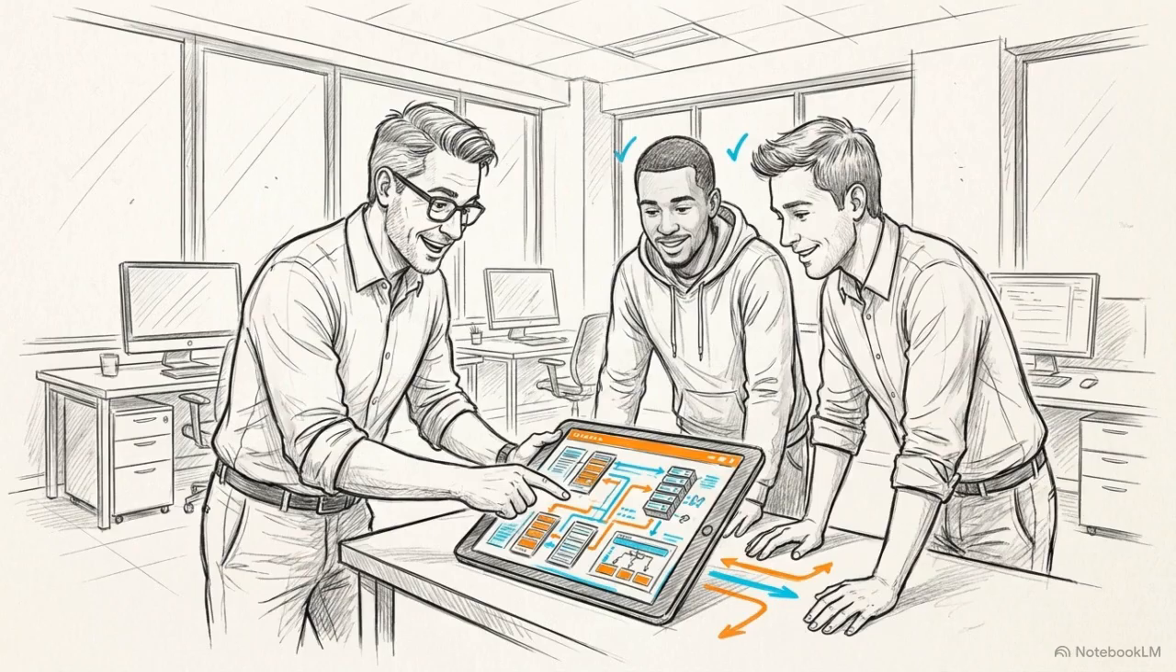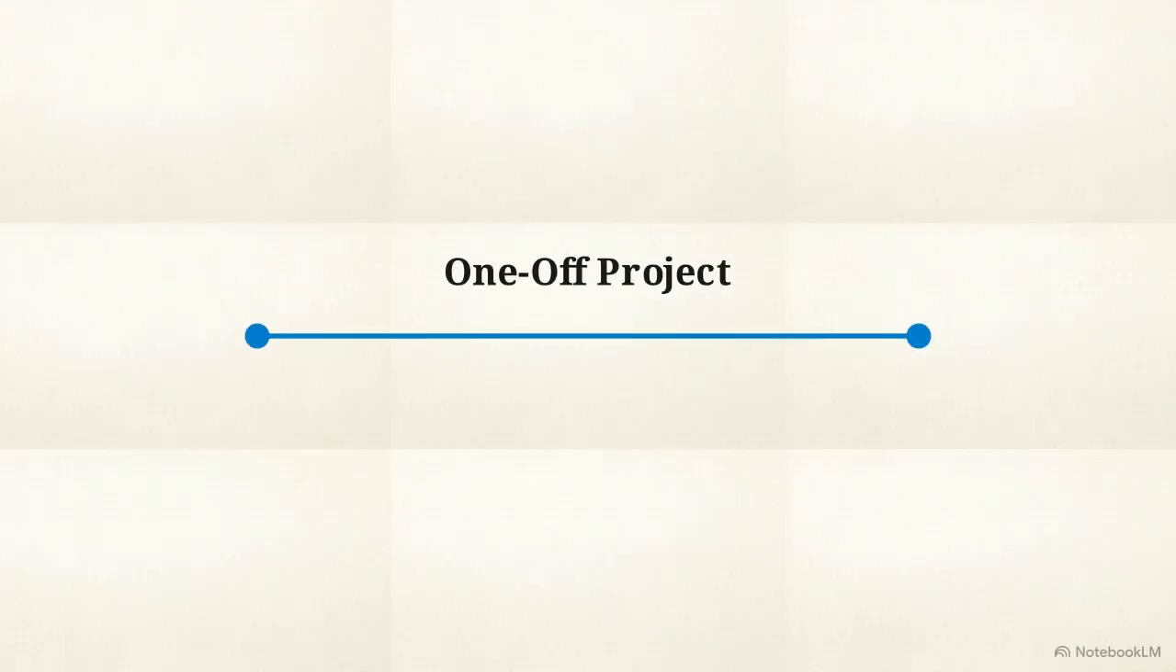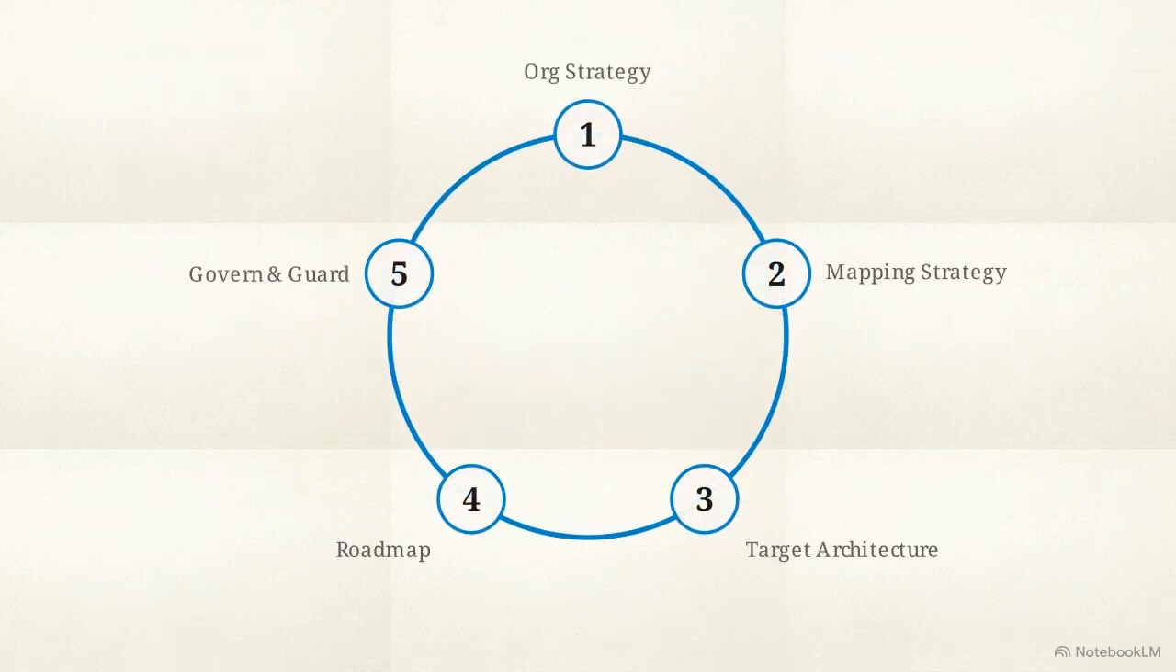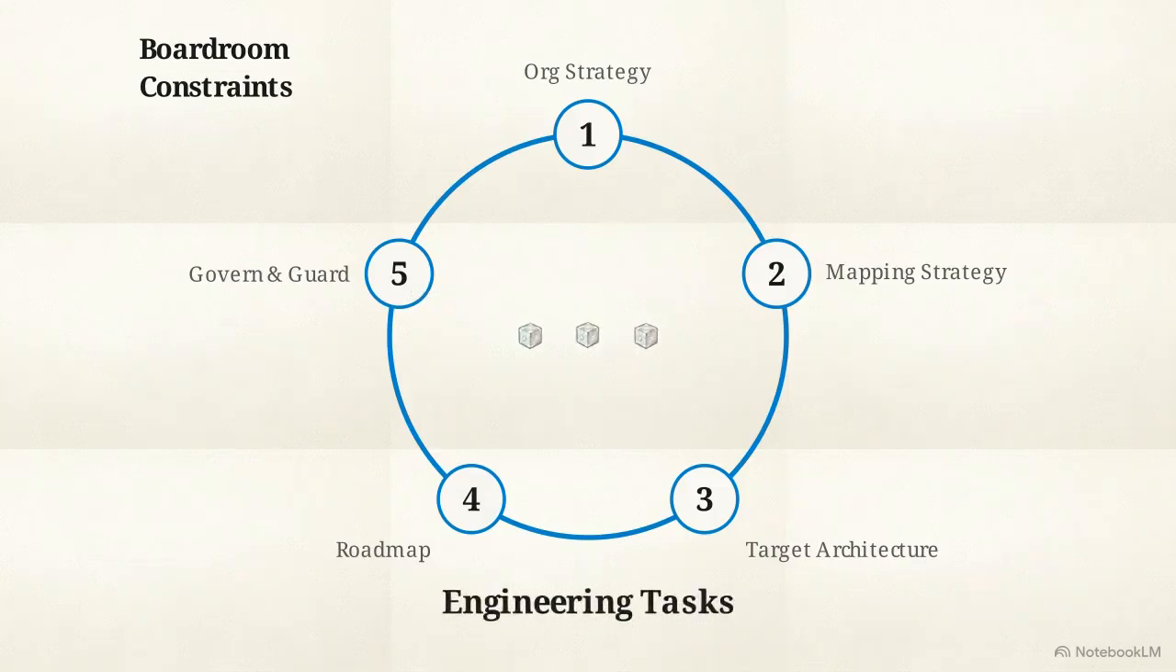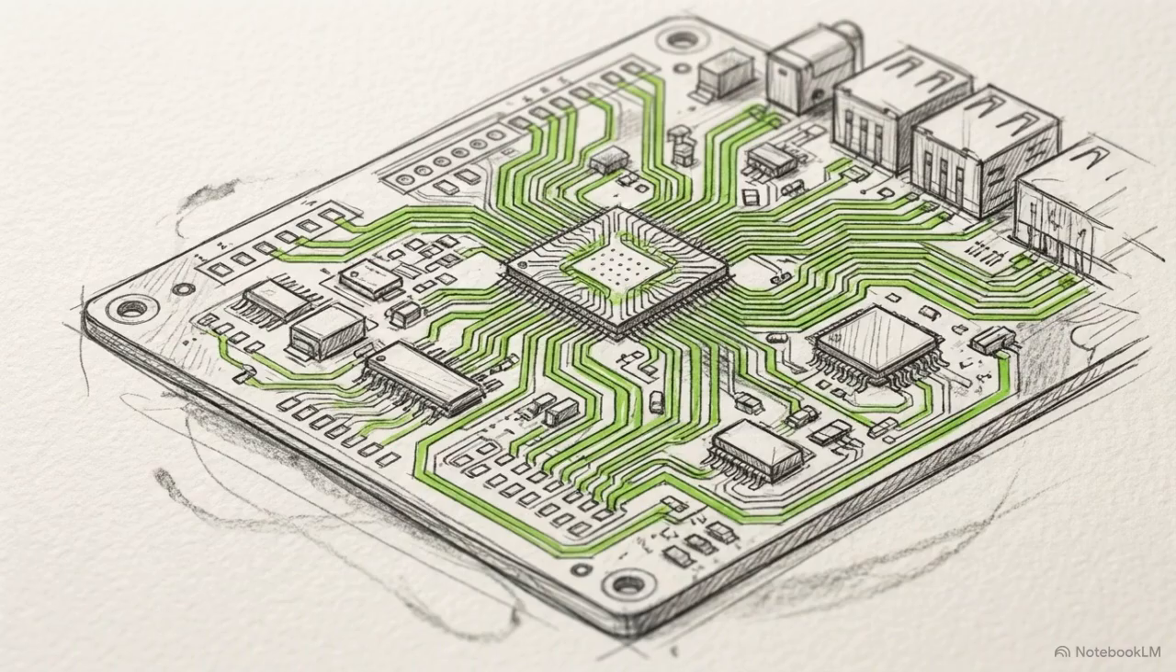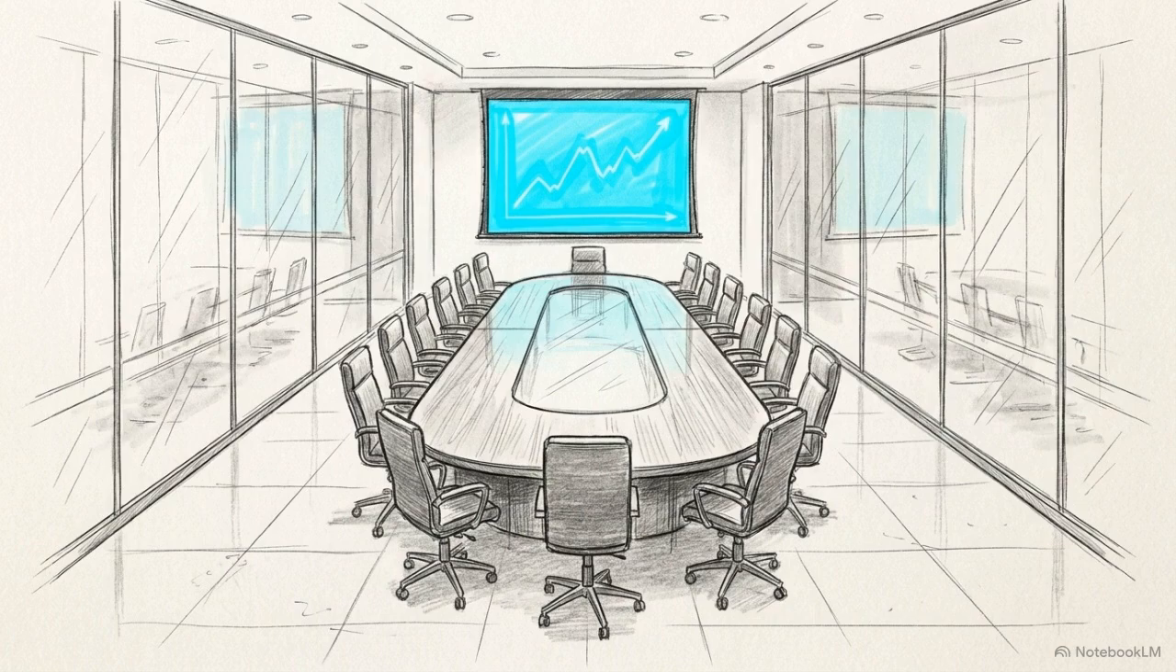To force those choices, architecture has to operate as a living, dynamic framework. Instead of treating it as a one-off project with an end date, we have to structure it as a continuous, repeatable loop. This loop takes high-level boardroom constraints and systematically passes them through a fixed process until they emerge as executable engineering tasks. By locking into this cycle, you guarantee that technical reality strictly mirrors business priorities at every stage